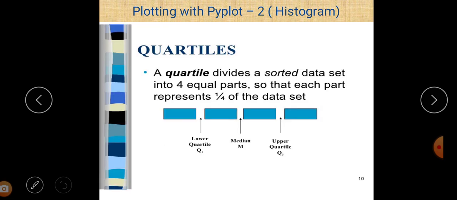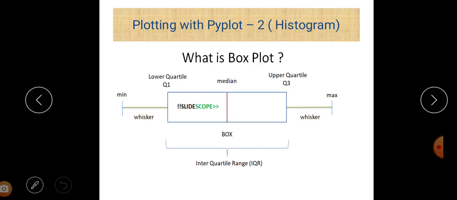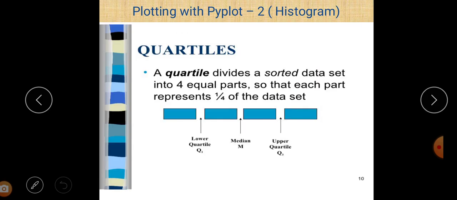Next is, what is a quartile? Because in a box plot we can find the lower quartile and upper quartile. Basically, a quartile divides a sorted data set into four equal parts, so that each part represents 1/4 of the data set. You can see that this is the data, and it is divided into four equal parts.